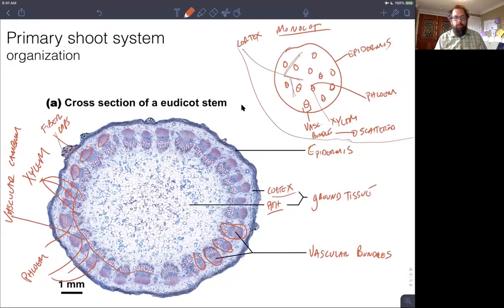Okay, I'm going to stop this one here, and then we're going to move into looking at plant cells and the tissues that make up the primary plant body for the next